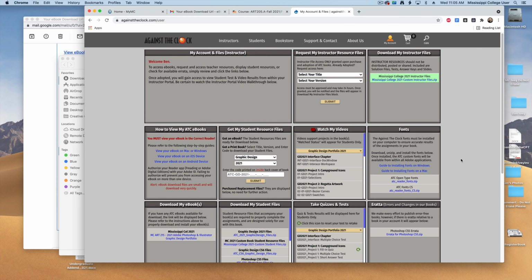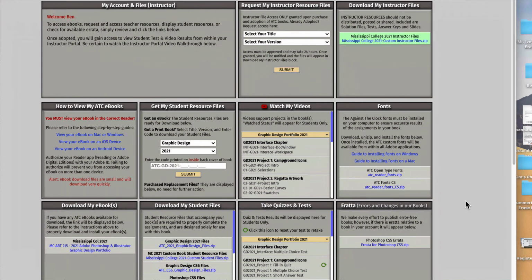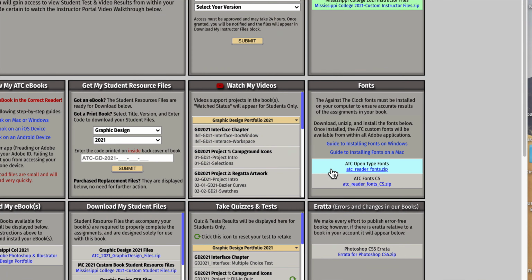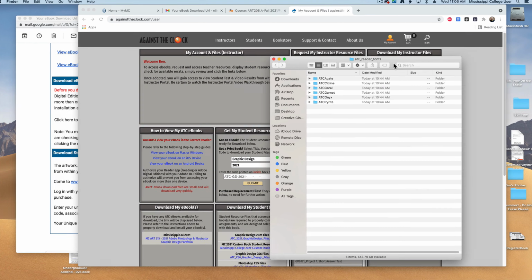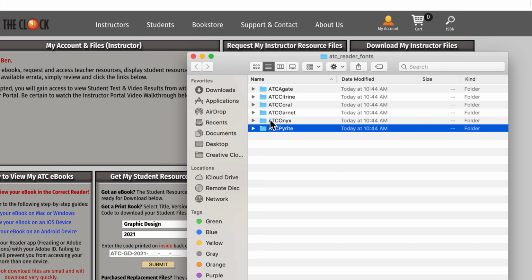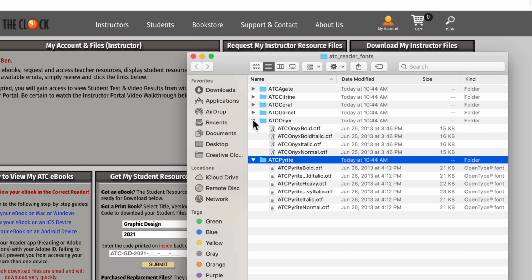The final thing I'll point out are all of the fonts that can be used and installed on your computer. If you're working on your own personal computer, I highly recommend downloading and installing these fonts. If you're working on a computer in the Mac lab, you won't have to do this. Locate the Fonts tab and choose the ATC Open Type Fonts. Again, this will be a zip file that you can download and uncompress. Once the file is opened, you can see all of the different fonts will be inside of their own folder,